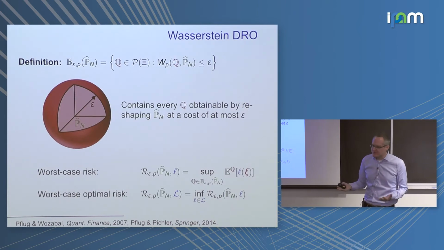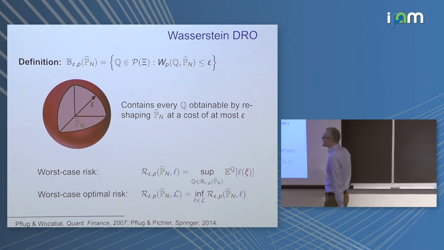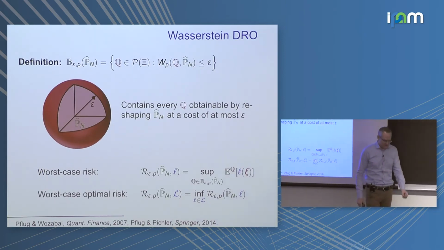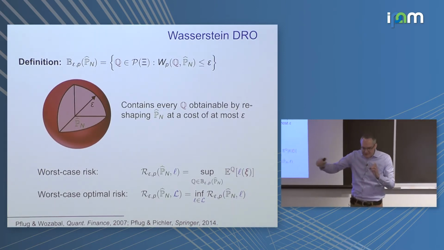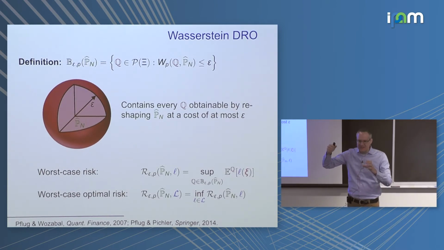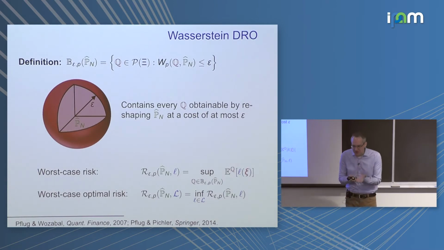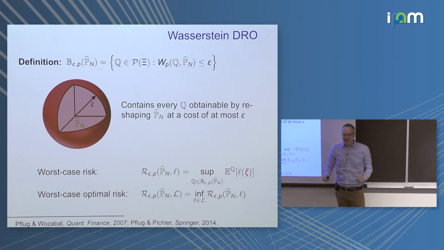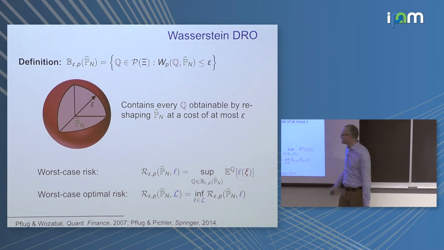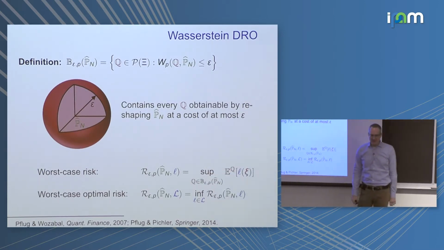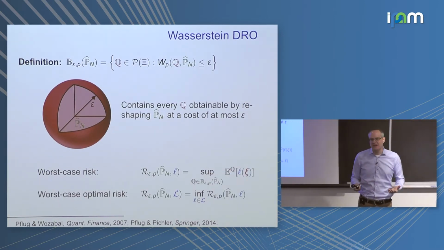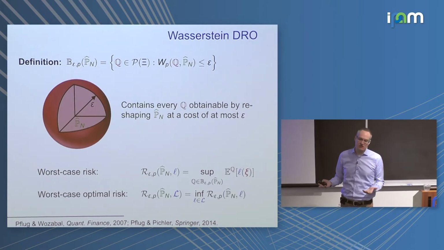But for some problems, some P's are meaningless. If you use the type P Wasserstein distance, then you can actually move probability mass to infinity if that mass decays as 1 over distance to the power P. And now if your loss function grows too fast, say quadratically, and you use a type 1 Wasserstein distance, then the worst case, this supremum will be infinity. So the kind of loss function you're using restricts the types of P's that you can use to get actually finite and therefore meaningful results in the first place.